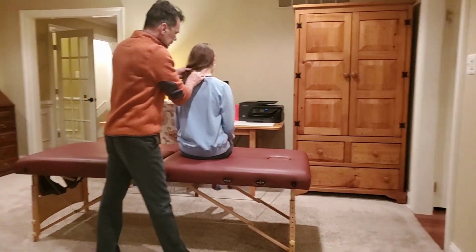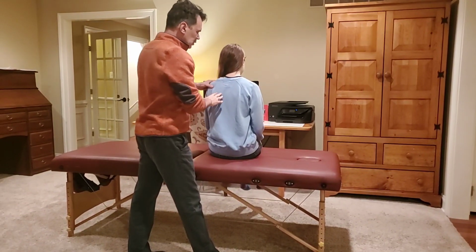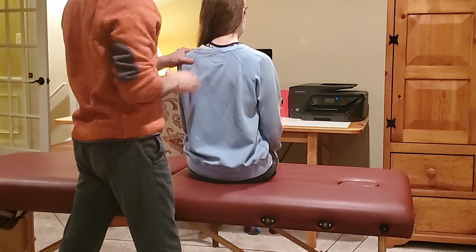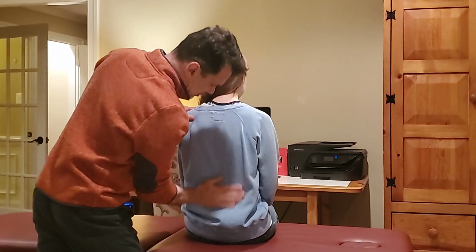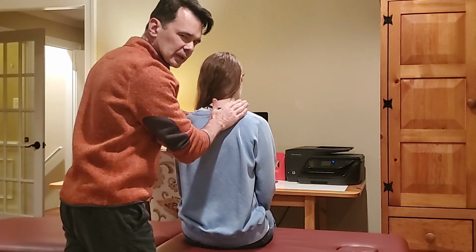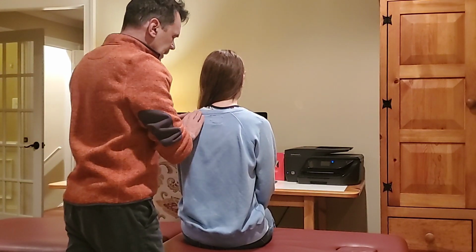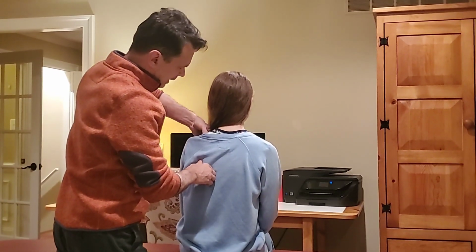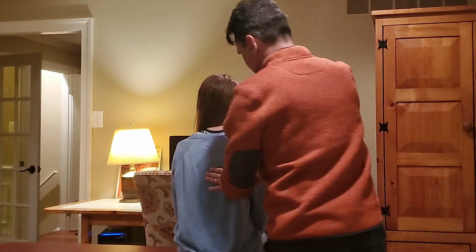So let's do the exam. I haven't really started yet, so I just start here. Obviously if we were doing a full treatment for the full spine, we'd take a look at everything. But today we really want to give Mia some quick relief for this neck pain. So when I push the shoulder blade down here, not too bad, and it moves a little bit. When I'm over on this side,